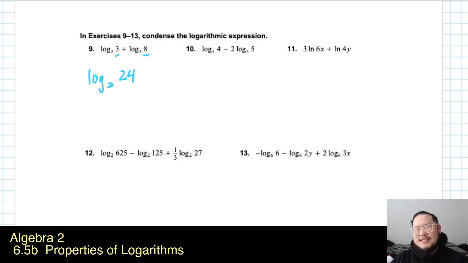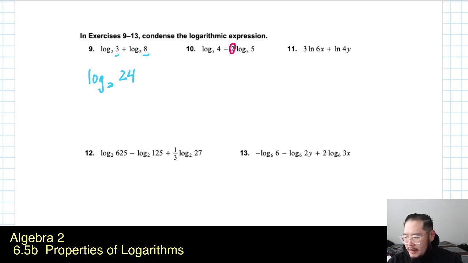But of course, it's never that easy, so let's go ahead and step it up another notch and take a look at number 10. So I have log base 5 of 4 minus 2 times log base 5 of 5. Let's start off right here, kind of like our order of operations. First, I do know that hopefully you recognize the fact that, hey, the minus means that we're going to be dividing our logarithms here. But first, before that, remember we have this 2 out in front of the log base 5 of 5. And what do I do with that? Well, remember